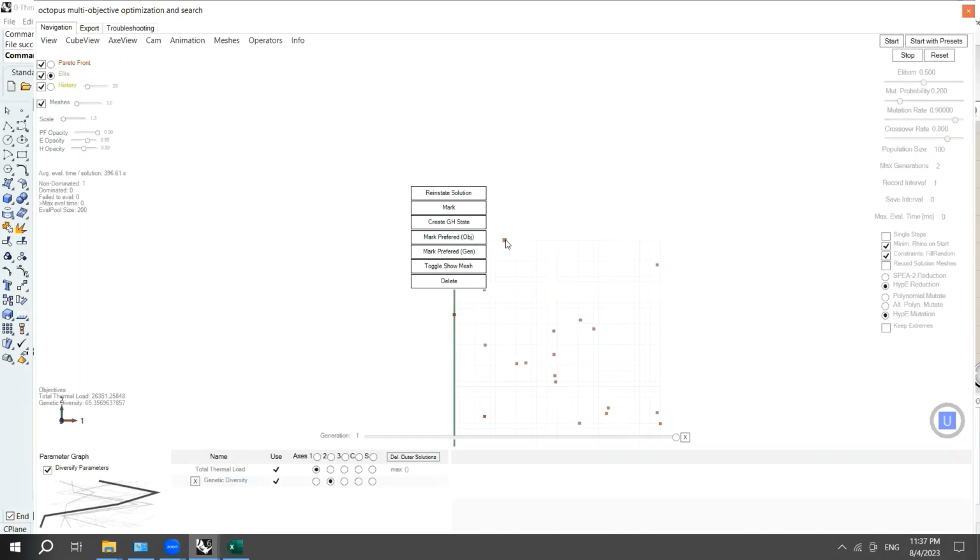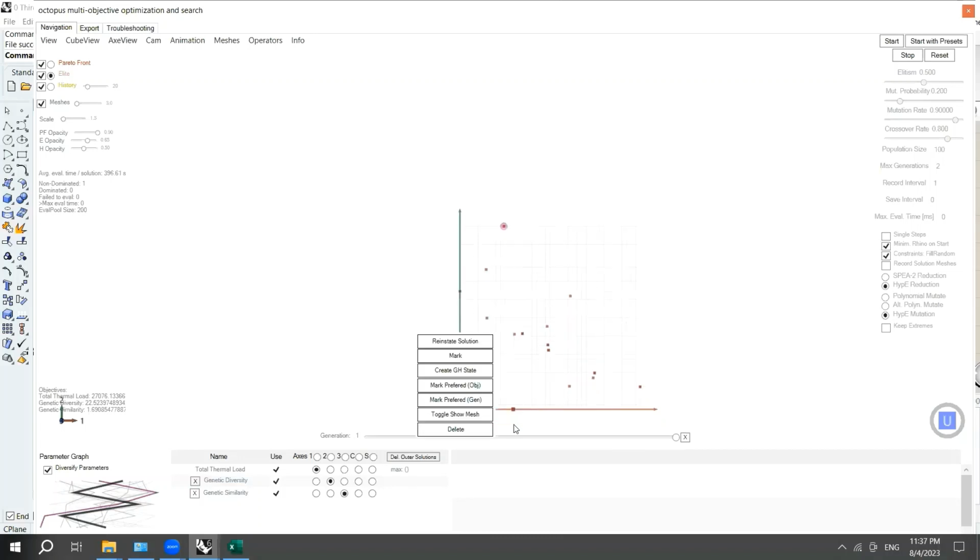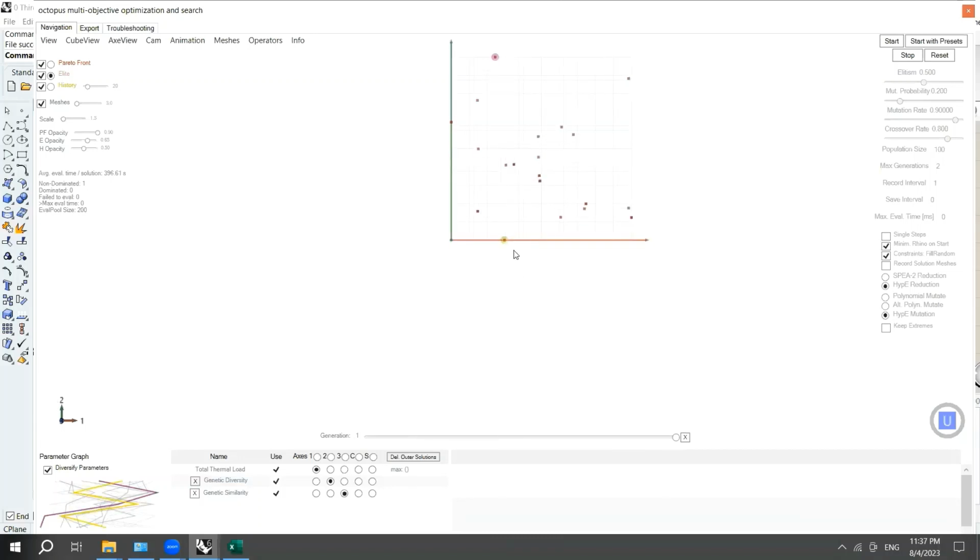So this is 2.6. You can also mark preferred. You can use it to mark your configurations. So we have here two values. Mark this only, also, sorry. As you can see, the total thermal load is 27,000. And here the total thermal load is 26, which, as you can see, is the optimal result